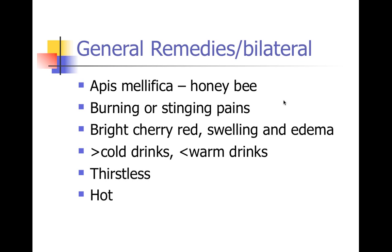So now let's look at some general remedies that are bilateral. Apis mellifica, which is the honeybee. And remember, when you are bit by a bee, you get a lot of burning and stinging, swelling, and edema. And that's the characteristic: bilateral, burning, stinging pains. And this is ameliorated by cold drinks, aggravated by warm drinks,